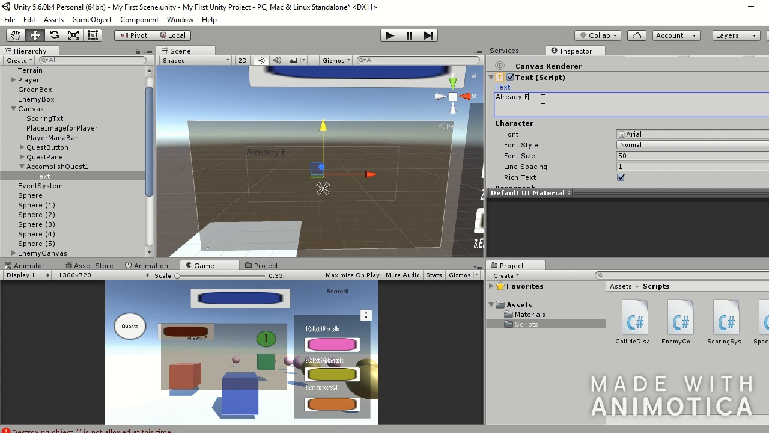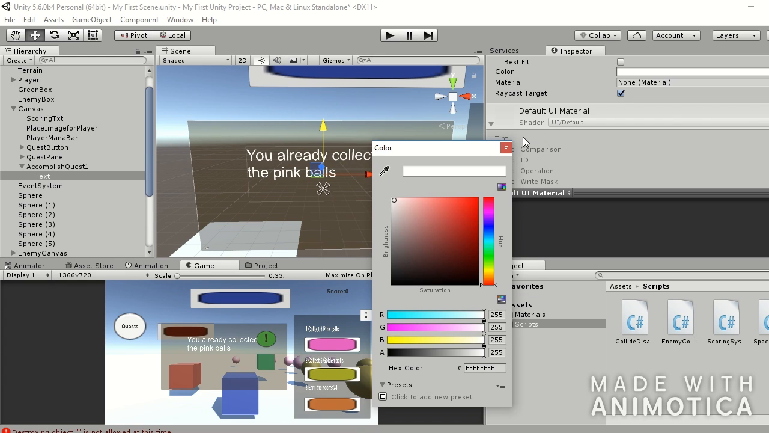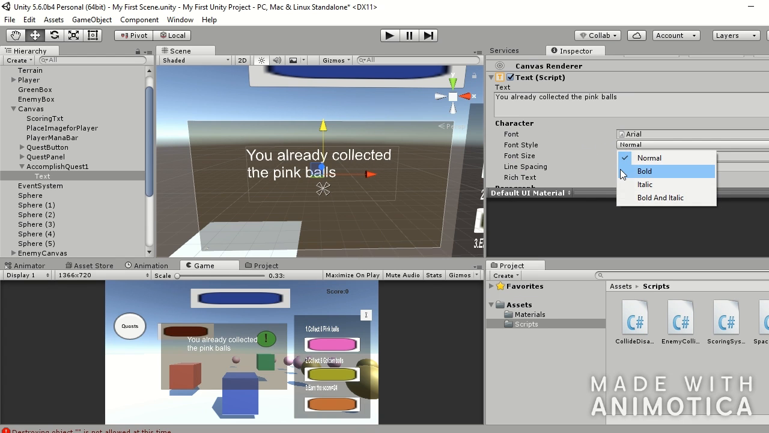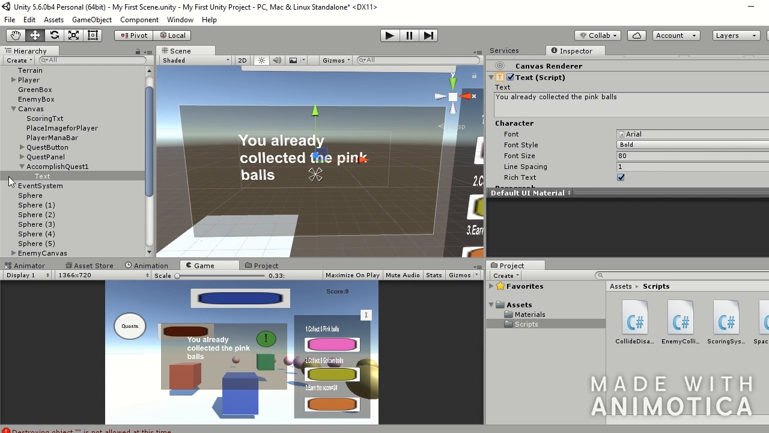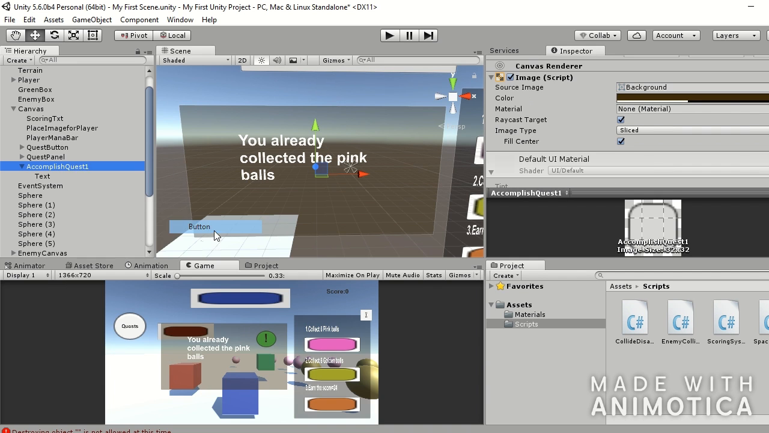Then you can see, you already finished, you already collected the pink balls. So it states that we already collected the pink balls. Then here, instead, we should put it to bold. We already collected the pink balls. So here, forgot it. Then the button itself